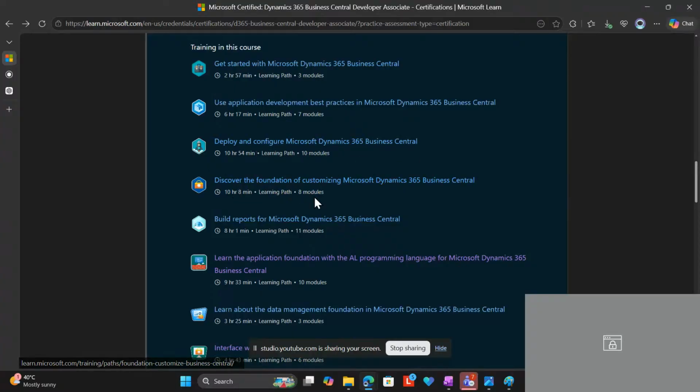Then you are discovering the foundation of Business Central, how to customize it, how to build reports in it. Believe me, if you are going to see these four, you're getting 80% of your job, because 80% of your job is actually just the learning you need to do. 80% of your job is how to build reports, how to do the foundational customizations like basic configuration, and